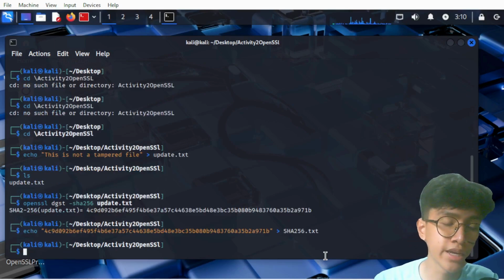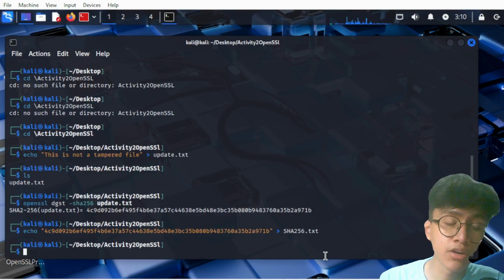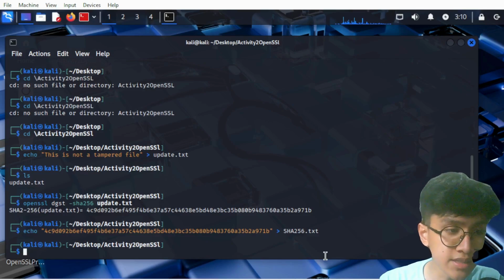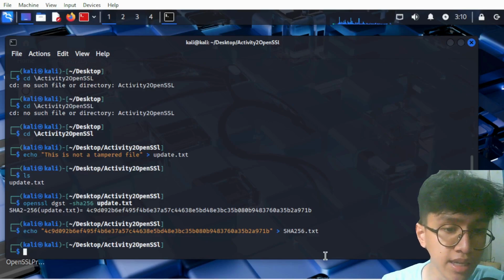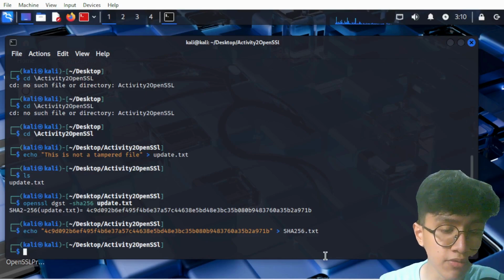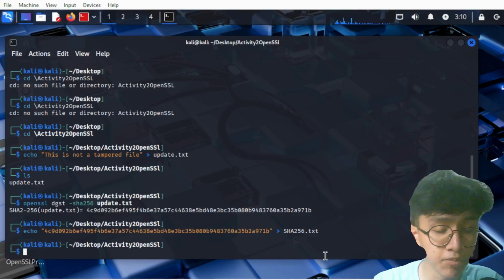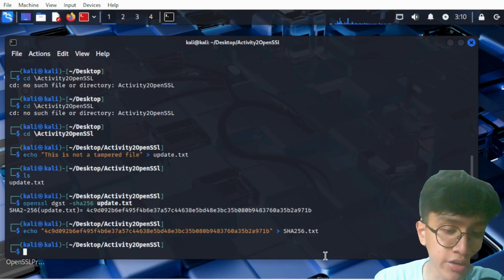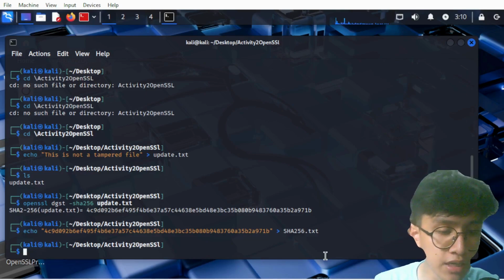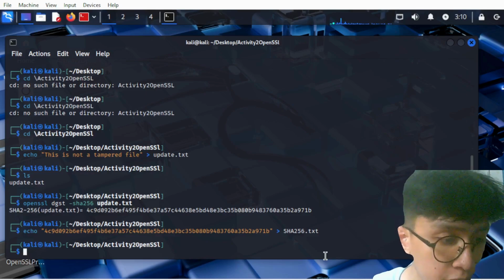So we have already created it. In a scenario where we send update.txt and the sha256.txt file, the receiver can also cross-check if the file is corrupted or tampered with.